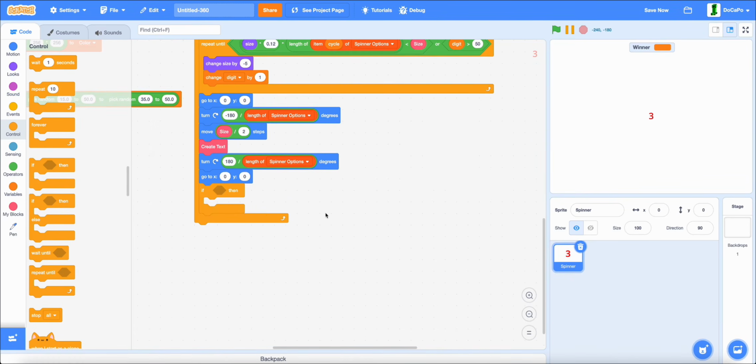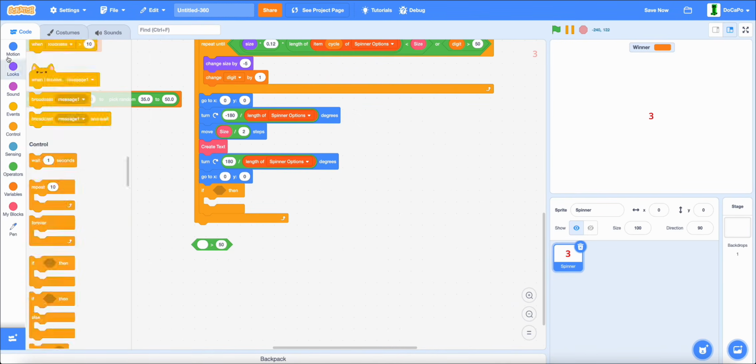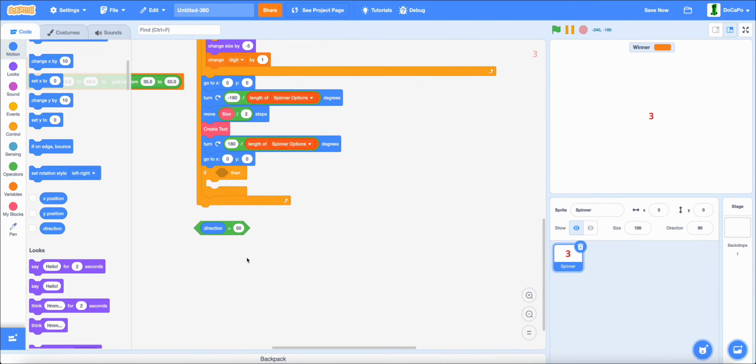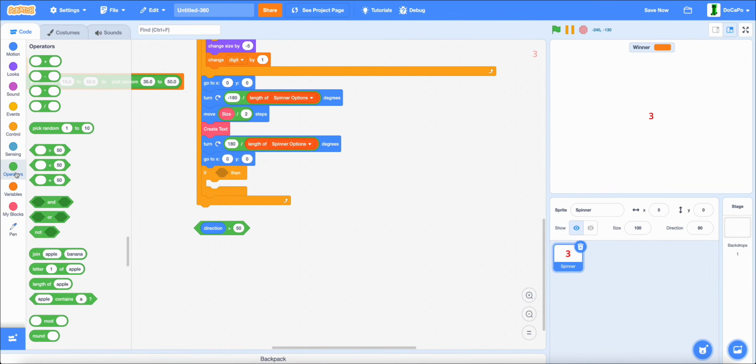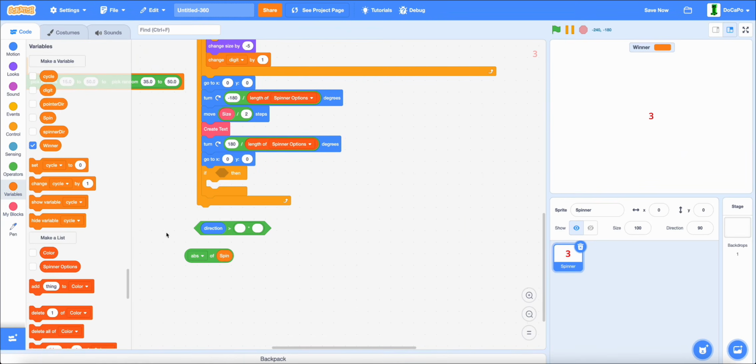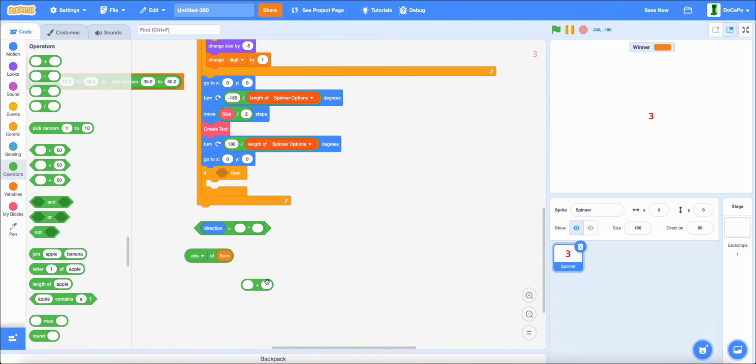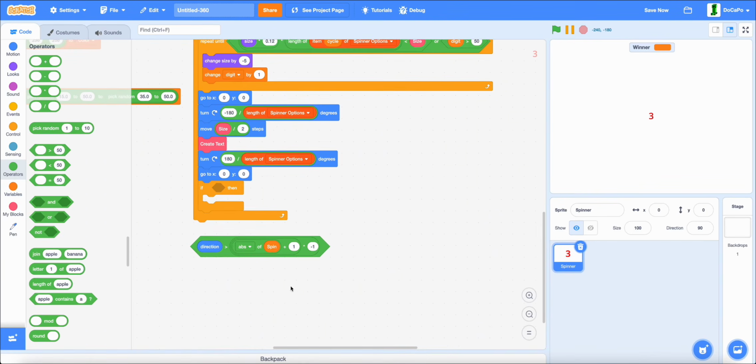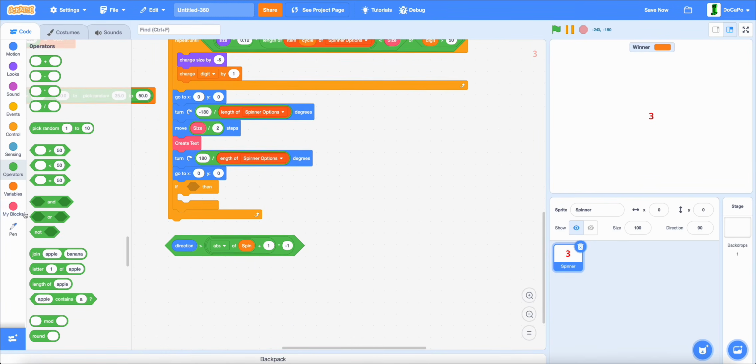So now we check if direction is greater than the absolute of spin plus 1 times -1, and